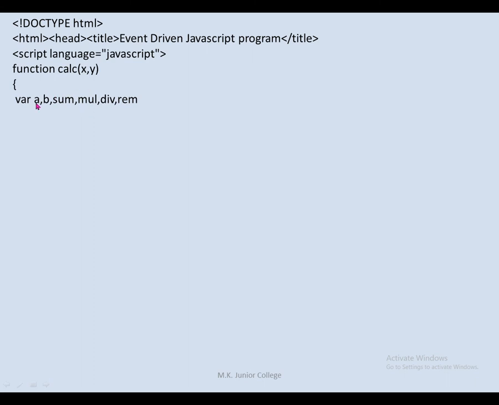See, two variables I need, a and b, to store the numbers from the user, whatever the user enters. Sum variable I am declaring here to store the addition. Mul variable to store the multiplication. Div variable to store the division, and rem to store the remainder after the calculations. So this many variables I need here.